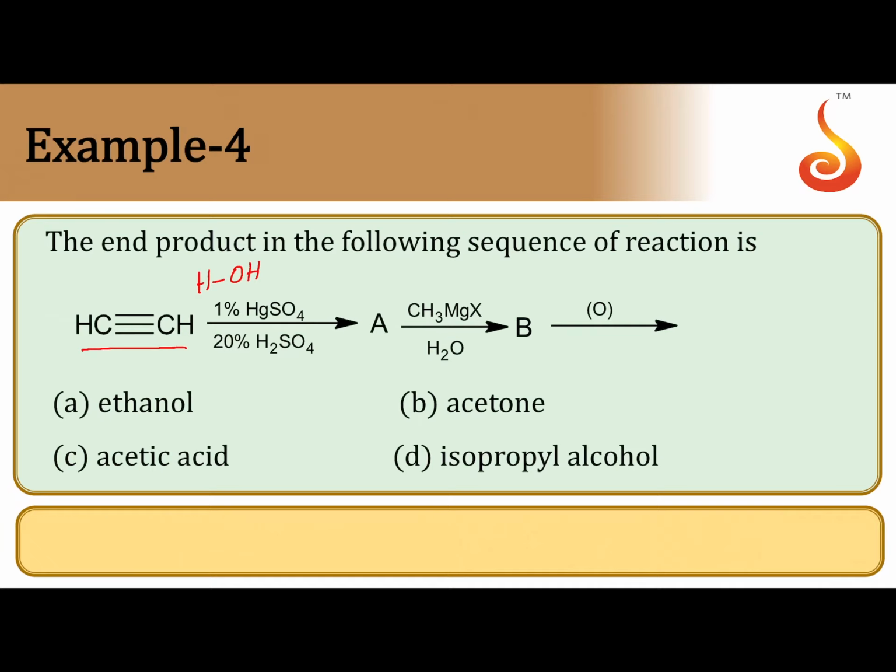Acetaldehyde, when it is reacted with methyl magnesium halide followed by hydrolysis, it gives isopropyl alcohol. So B is isopropyl alcohol. B on oxidation gives acetone. So answer is acetone. So in the form of equation, observe